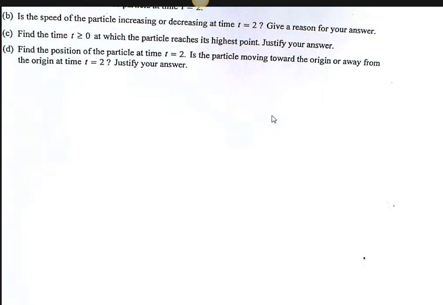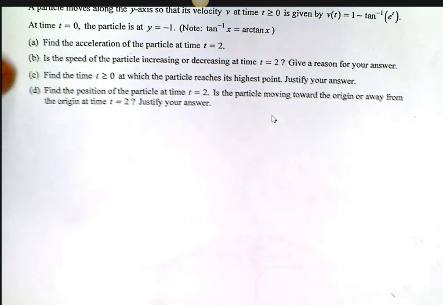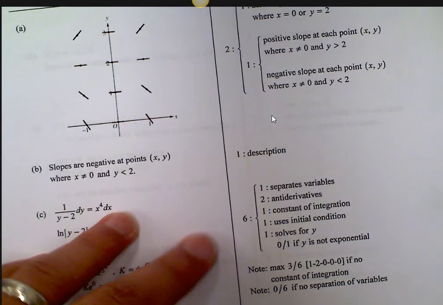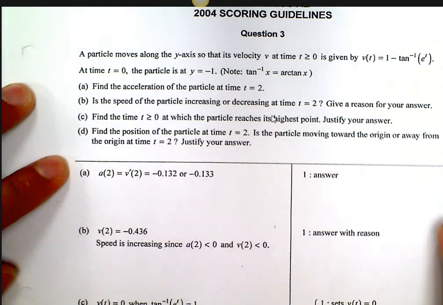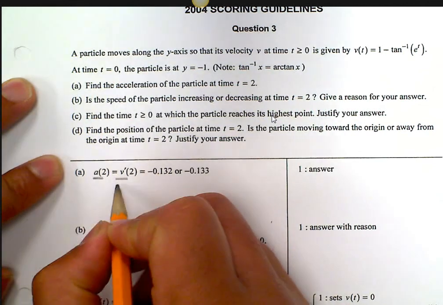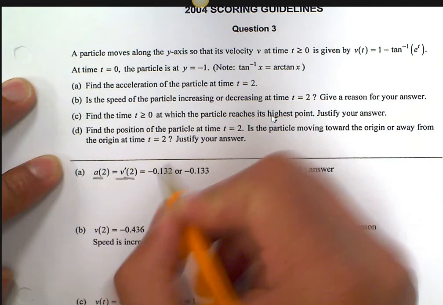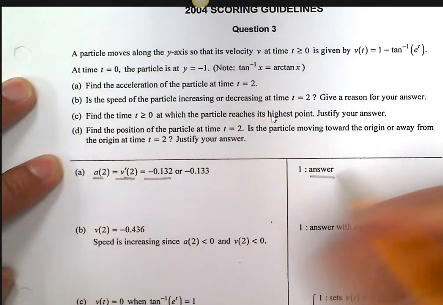Alright. Now this was R number 6, okay? So as long as you can plug this in your calculator, it was question number 3, so it's calculator active. R number 6 right here. So you should have been able to do this whole thing with your calculator, okay? So question A, find the acceleration. You need to state the calculus. It's the derivative of the velocity, right? Boom. All you got to do is put the answer because it's a calculator question.